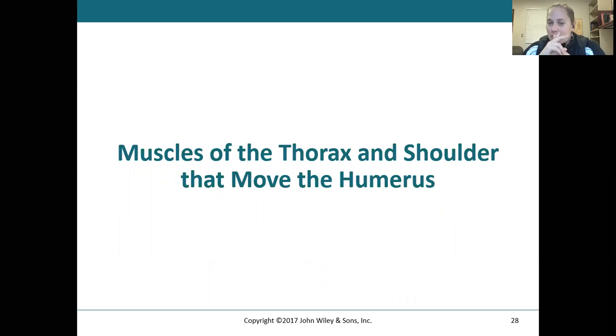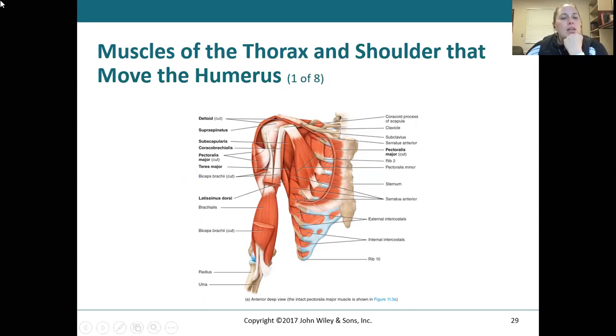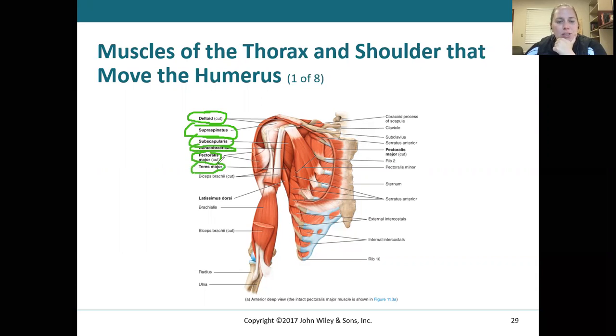Okay, muscles of the thorax and the shoulder that move the humerus. If we strip away all these muscles, we'd recognize that the humerus is the long bone located in the upper part of the arm. And if we look at many of the muscles that are important for moving the humerus, we've got the deltoid, the supraspinatus, the subscapularis, the coracobrachialis, the pectoralis major, the teres major, latissimus dorsi,